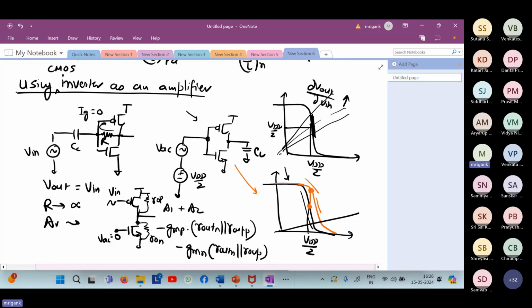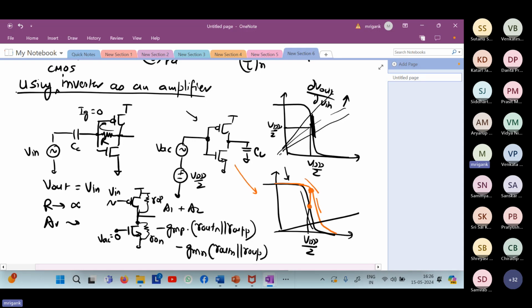But in case R becomes finite, what will happen? At the other extreme, when R is almost close to 0, you shorted it. The very first case, somebody said that will short output and output. In that case, what will be the gain? If you short R, R is 0. What will be the gain? Gain will always be 1. There is no gain. Gain is unity. So this is the minimum magnitude of the gain, equal to unity when R is shorted. So definitely, we would like R to be high. We would not like R to be close to 0. Otherwise, the gain will be diminished.